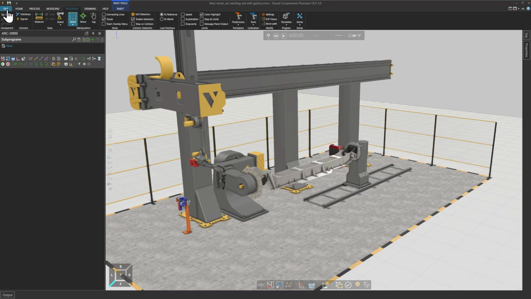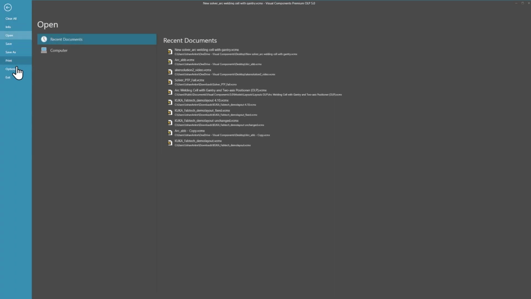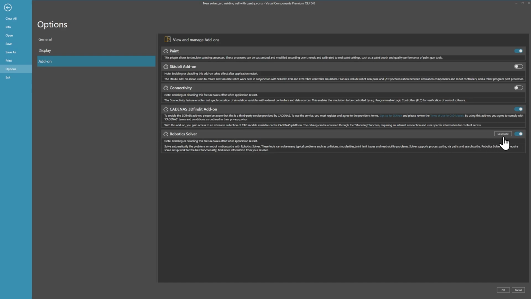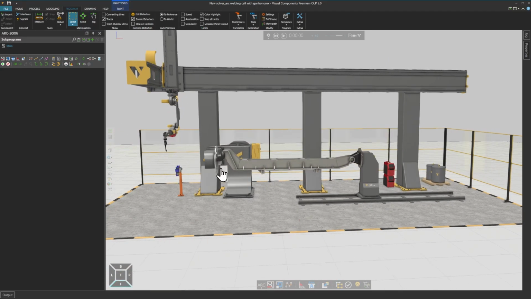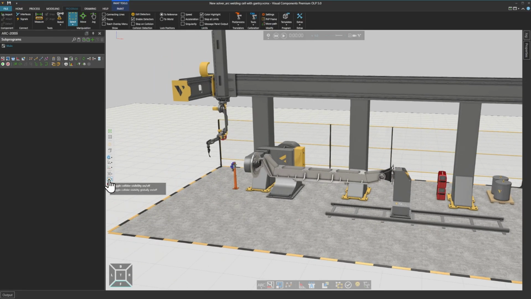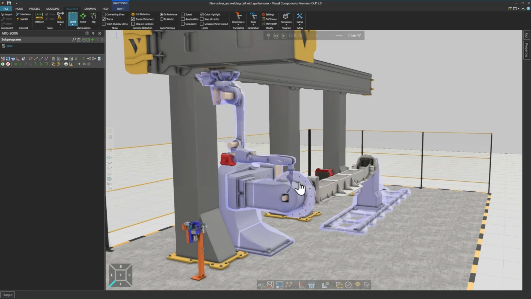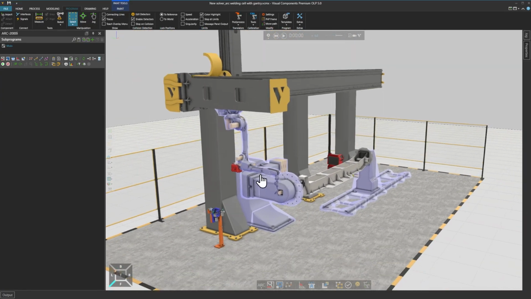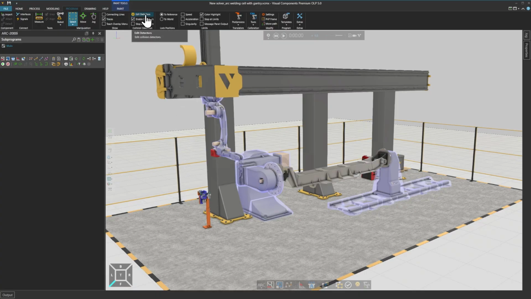First, go to File, Options, Add-on, and make sure that Robotic Solver is activated. Next step, make sure that you have colliders. These are simplified colliders that you can make yourself in order for the solver to run faster. I will then go into Edit Detectors